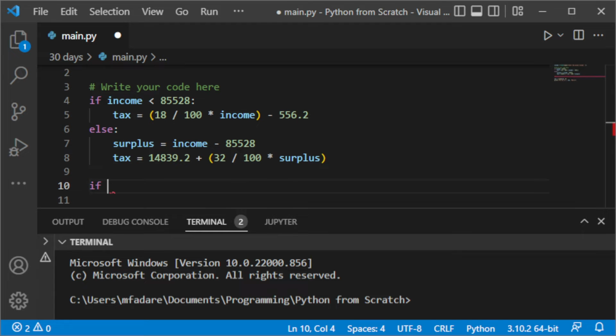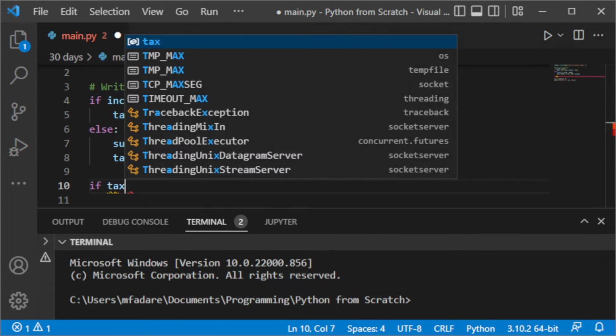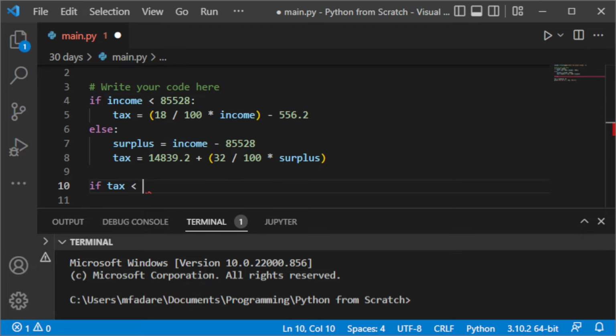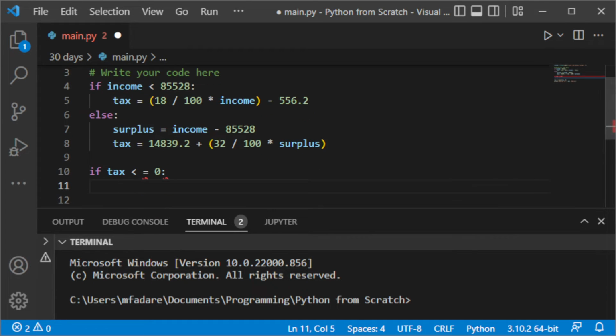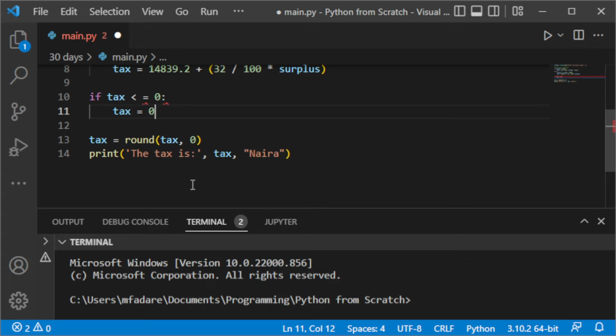So that will just be an if statement. That means if tax is less than or equal to 0, then our tax should be equal to 0 at all times. All right, I think that should be all. Yeah, so if I save this and run this code,